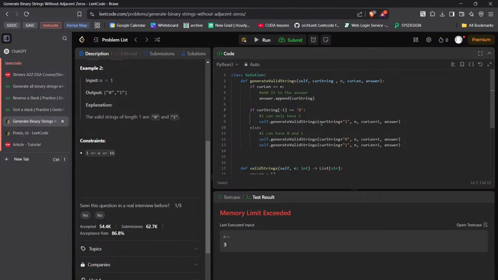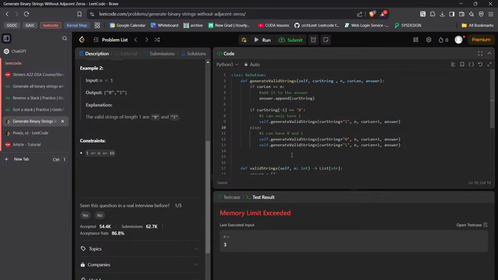So I'm generating all the valid strings. Whatever the current string was, I'm adding one to it. String concatenation. Current length will be increased by 1 and answer will be same,